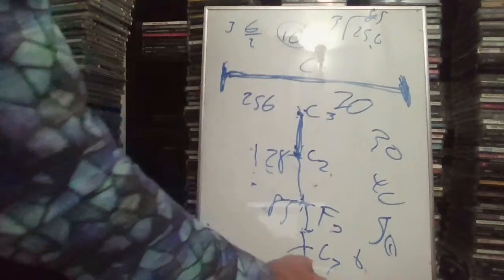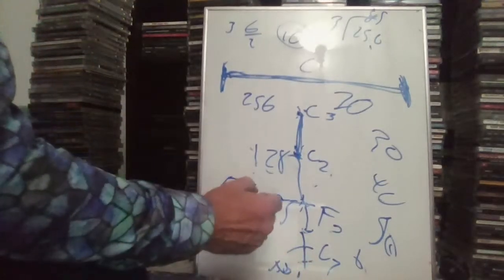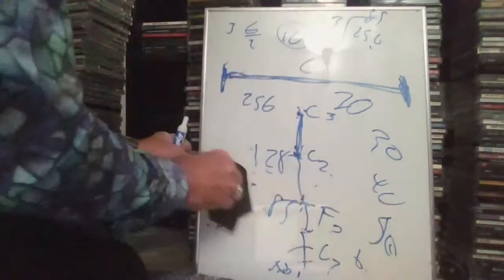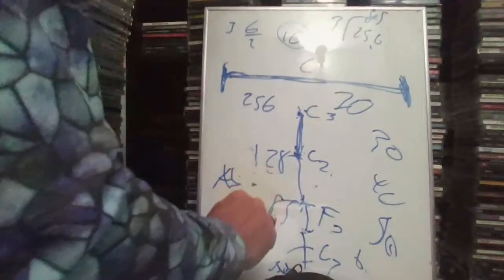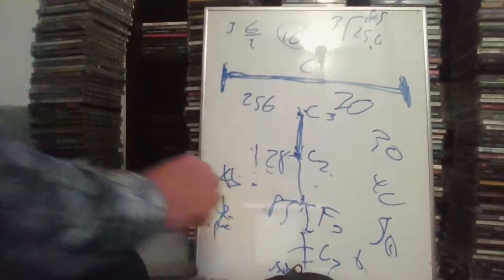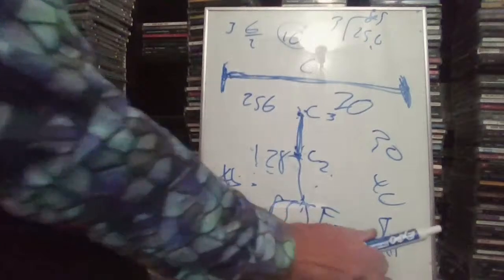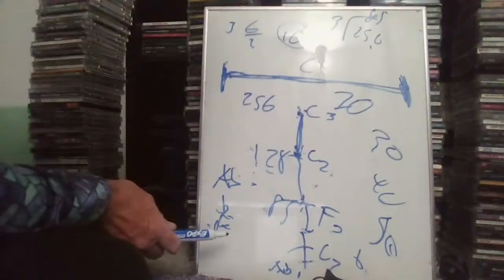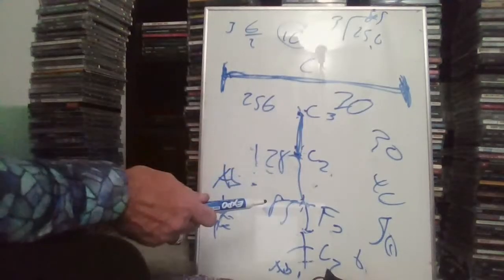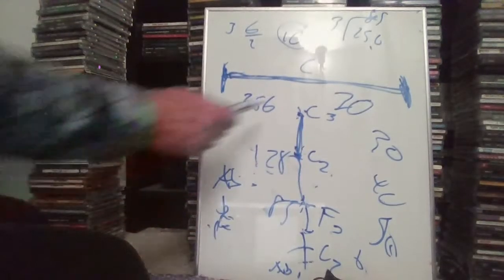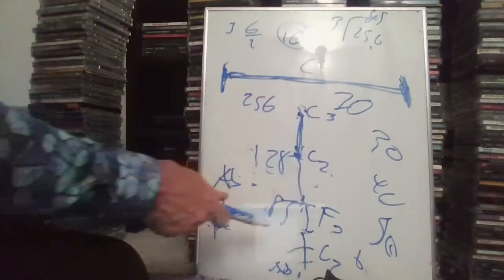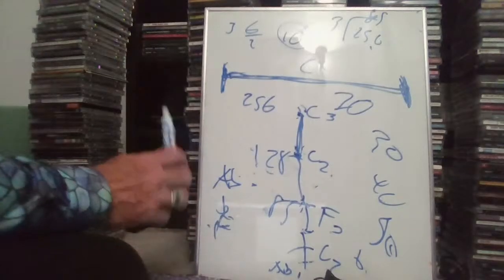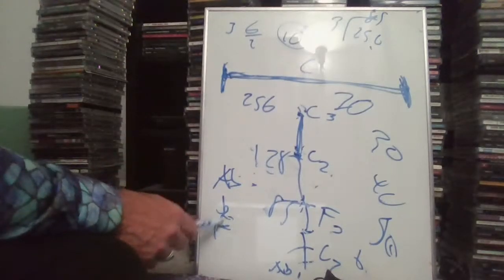Wait, a minor third below this A flat would be an F. This is an A flat. A minor third below the A flat would be an F, and that would be number 6. That minor third below would make it A flat F. It would be 2 octaves and a fifth down. So 2 octaves would give you C, and then a fifth down from there would give you an F. So that 6th partial would be 2 octaves and a perfect fifth down, which would be an F under that A flat.